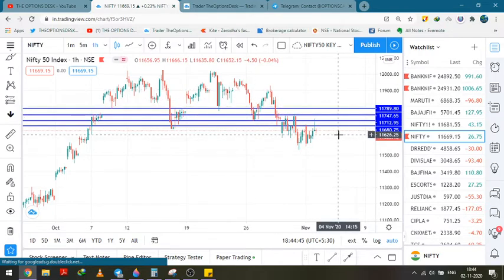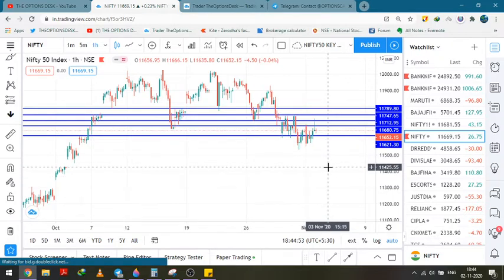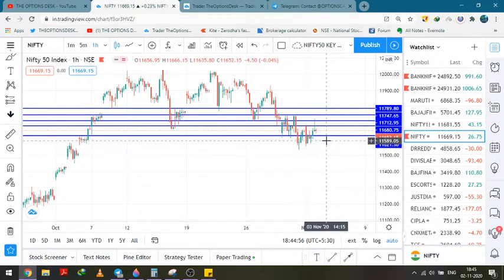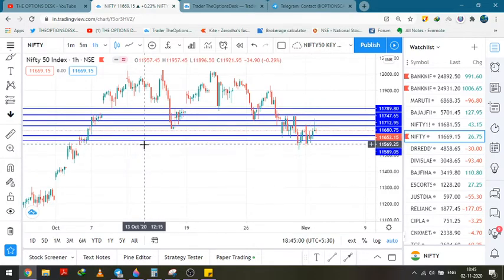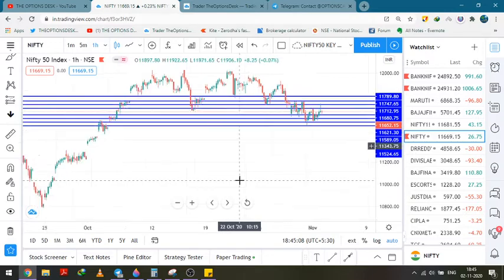Now let's mark the lower levels. For the lower levels, you can again mark at this particular point, that is around 621 or 617. The next target that you are going to mark is around 580 or 589. Now let's mark the interim support. The interim support stands for the Nifty 50 at this particular level. Now for the final support, that is at around this level, around 524.